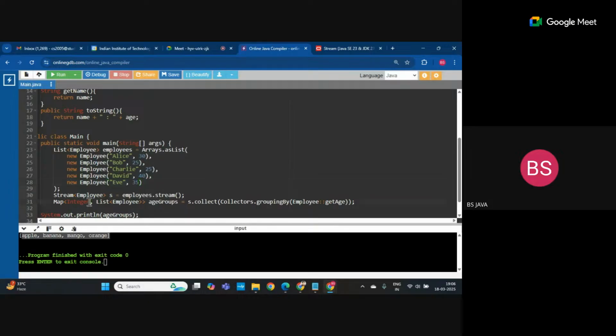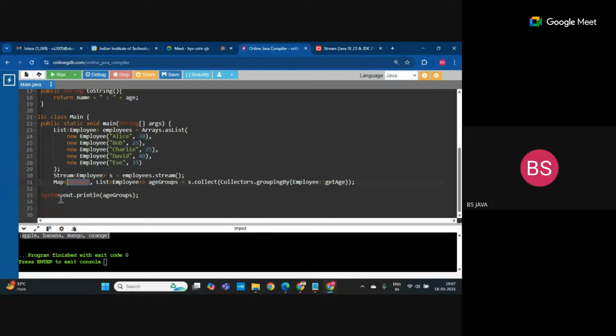So the map will say group by what? It will be 30, and inside the list for 30 there will be one employee, Alice, 30. Then there will be an integer 25, and against that in the list there will be two rows, Bob and Charlie. Correct? So if I just print it,